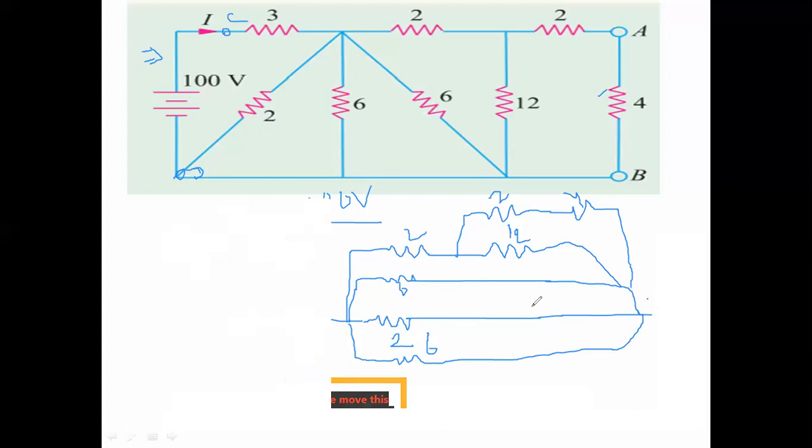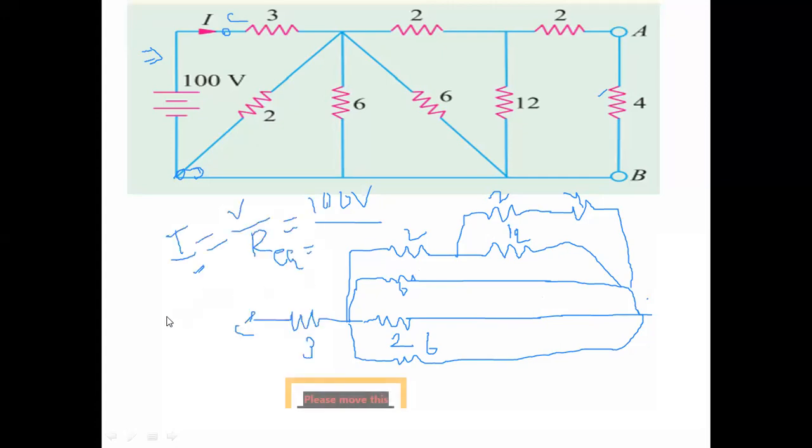So what happens when a resistor is connected to a battery's two terminals? Just current will flow. That's all. Suppose we have a battery. When we connect this battery to a resistor, the current will flow through this resistor. Depending upon the voltage source, the current will flow through this resistor. Nothing else will happen.